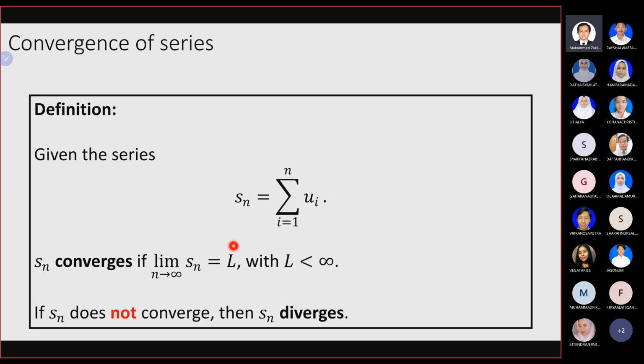Nah, similar with sequence ya. Not only if the limit goes to infinity, but if we don't know what is the value of the limit. I mean, if we know that the limit either goes to 1 or 0 or -1, and the possibility of the value of the limit is, well, we have more than one possibility, then sometimes we say that the series is also diverging.